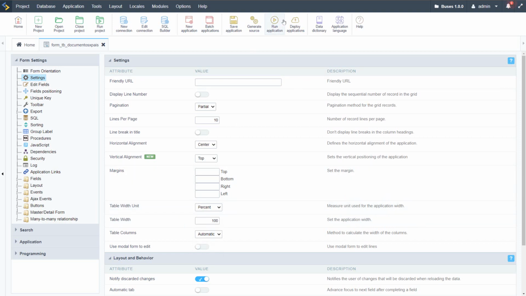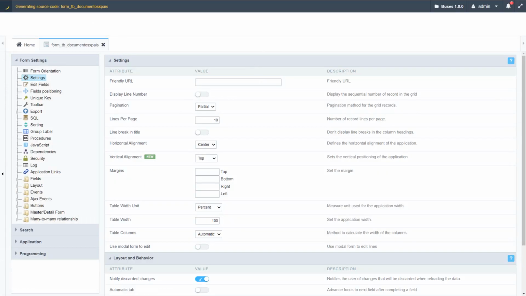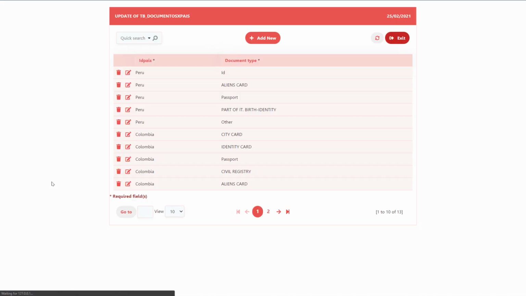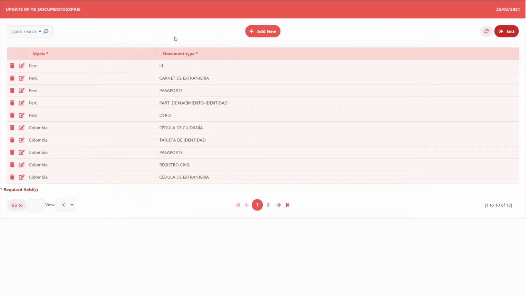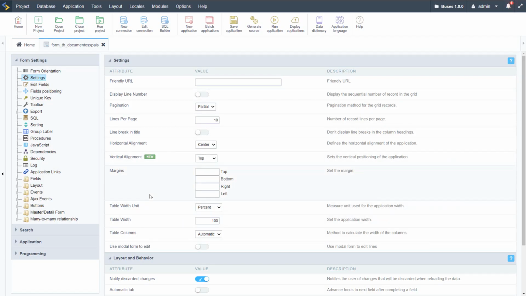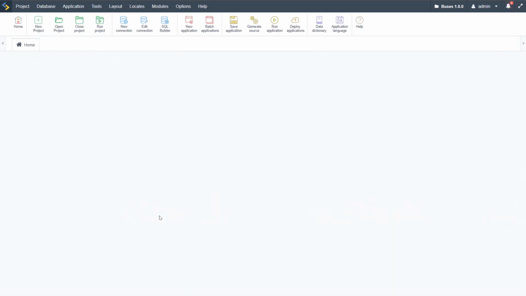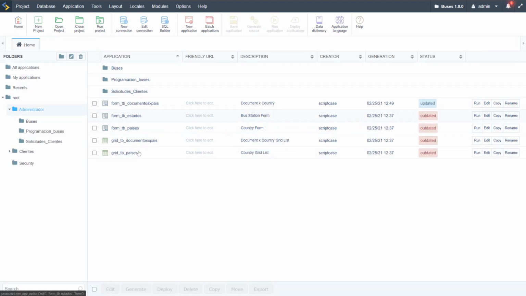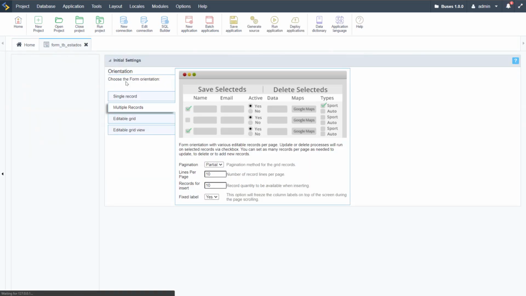Width percent, there we go. And if I run, we now have our form squeezed to the top, and the whole thing is also at 100%. With 2 simple little clicks, we have the form looking much nicer. Okay, so we want to apply that to some of these forms so that they all look a little nicer,